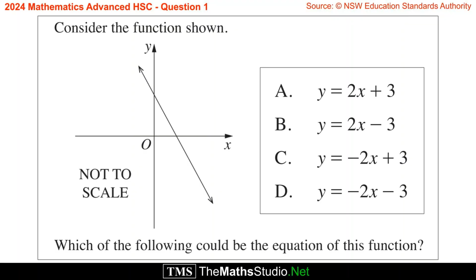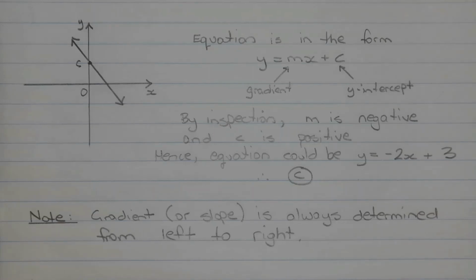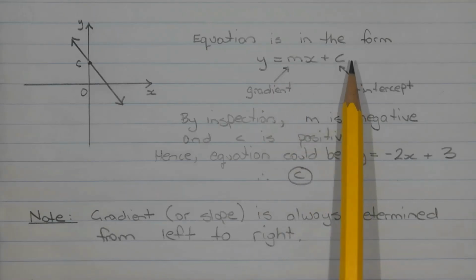Question 1. Consider the function shown. Which of the following could be the equation of this function? The equations presented in all four options are in gradient-intercept form, that is y equals mx plus c, where m